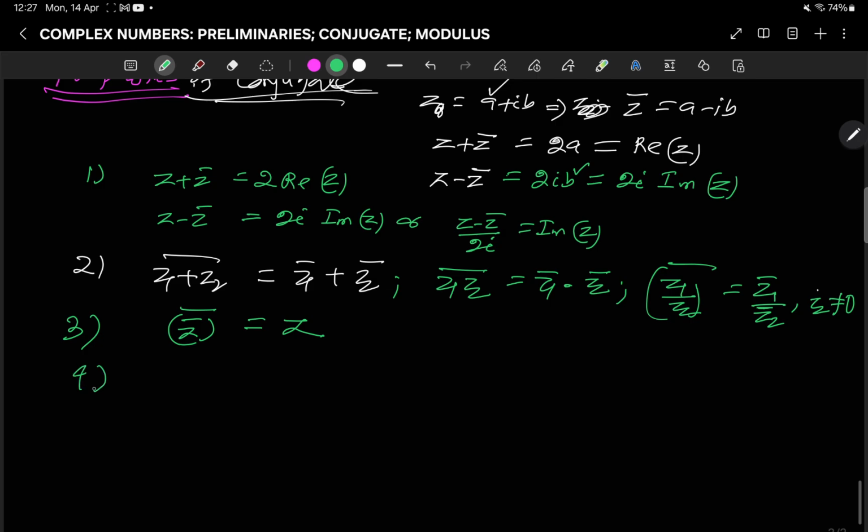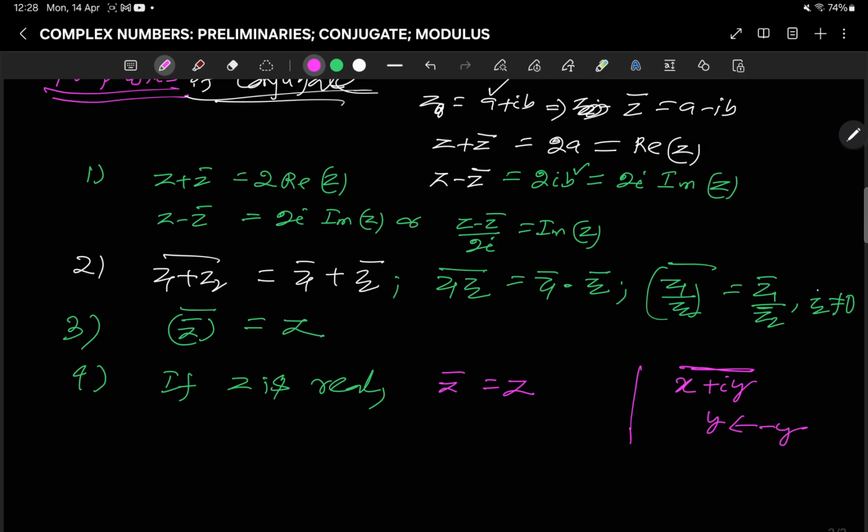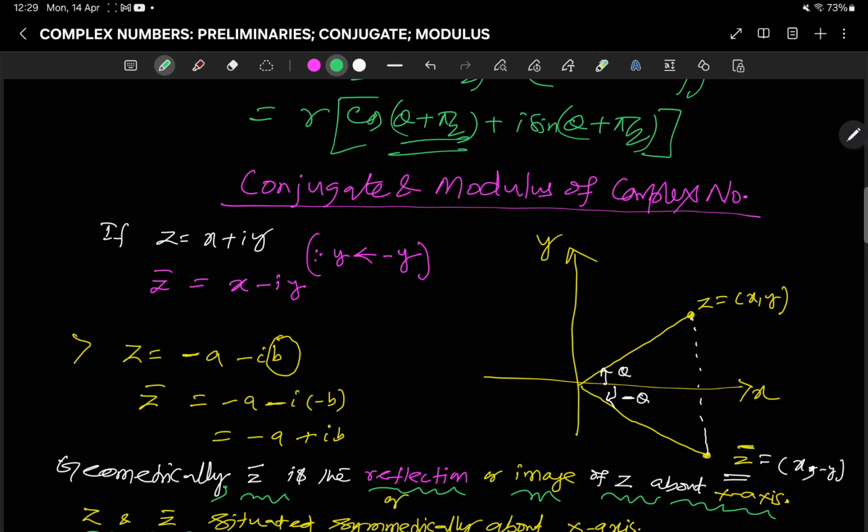Now coming to the fourth property, if z is real, then z conjugate is the same thing as z, because I have told you, x plus iy conjugate, then here y is replaced by minus y, right? If I write, suppose, 5 conjugate, there is no imaginary part, so it is the same as 5, okay? So z conjugate is equal to z. So these are the properties of the conjugate. So z conjugate reads as conjugate of z,